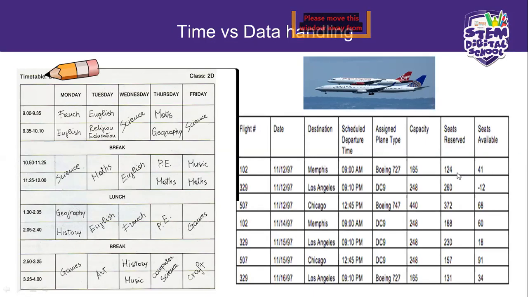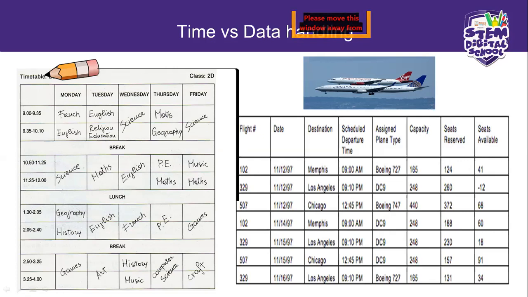How many extra people can the flight take? Anybody? The plane can take 165 people and 124 people have booked in advance. Then it means,